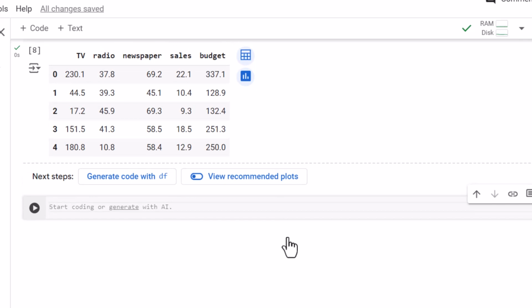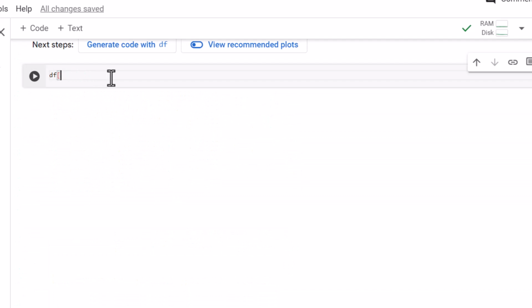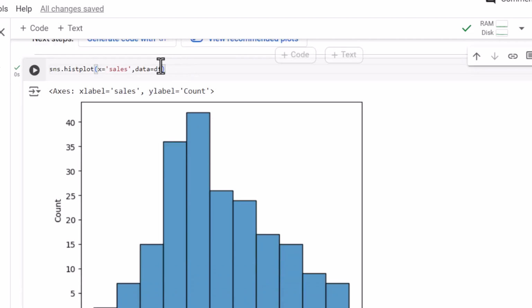Right now we are doing exploratory data analysis just to brush up how we can see the distribution, but at a later stage you will see we will be using this information for data pre-processing. So let's have a look at the distribution of the sales variable, which is our target variable. We can do the same with the help of sns histplot, with x equal to sales and data equal to df. Let's run it. We can also set kde equal to true